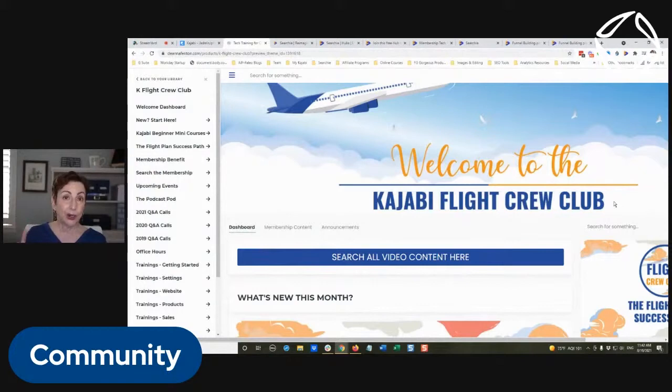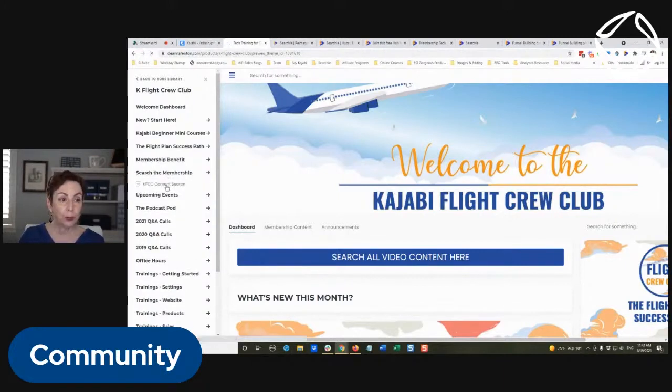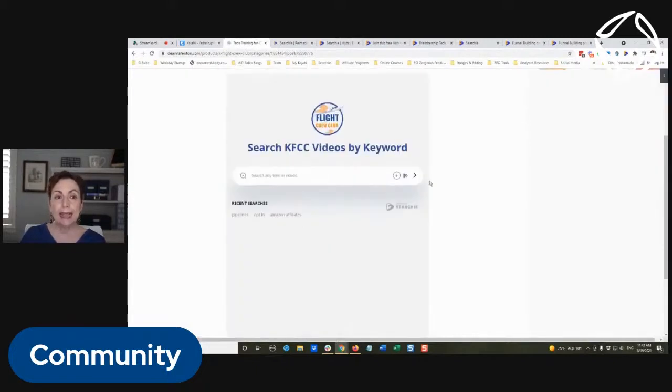That little sucker is not necessarily mobile responsive, and it also does not work on the Kajabi mobile app. If your students and members are using the app on their phones, it's not going to work. But you know what works? Creating a post in your product and taking that widget, grabbing that embed code, and pasting it into the Kajabi product box. And that means there's always two ways people can search.